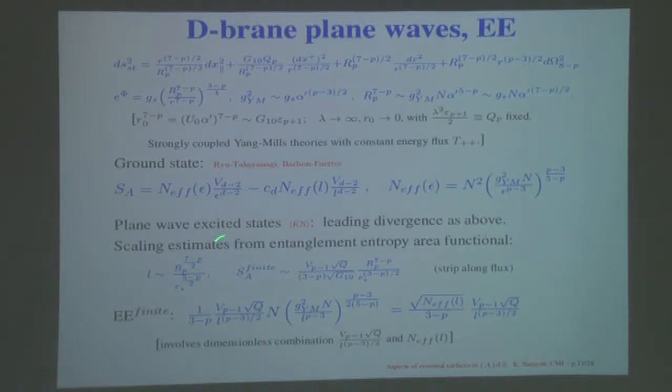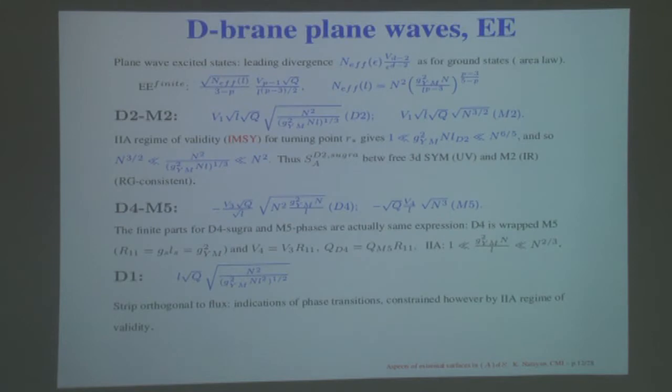Along the same lines, one can also do the plane wave calculation for these plane wave excited states, and one gets a finite part which looks like that. The bottom line is that in cases like this, where one has a full RG flow, for example like the D2 M2 brane system, one can see that the finite part for the D2 brane is in fact something nice. It lies in between the free three-dimensional super-Yang-Mills in the ultraviolet description and the M2 brane in the